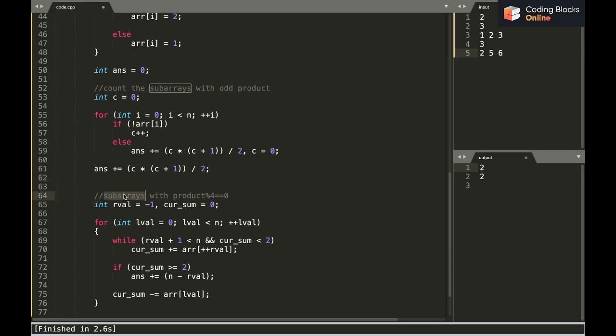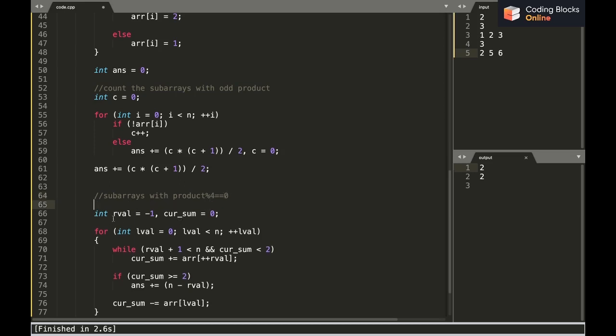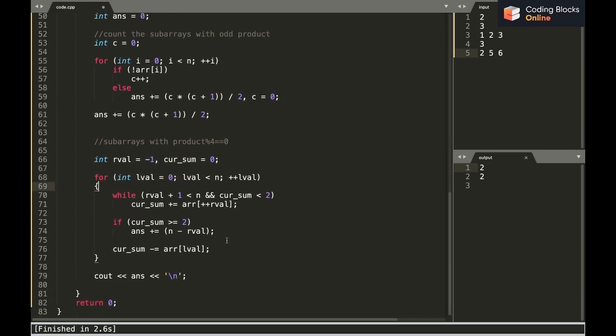Now I'll count the subarrays with product percent 4 equals to 0. For this I initialized my r value with -1 initially, and the current sum is 0 because I haven't included anything to the current window for now. Now I am iterating for the left value of the subarray from 0 to n minus 1. I'll basically, for a given L well, the L value is initially 0 and it will just keep on increasing. For a given L well, I'm trying to find the smallest R value such that the sum